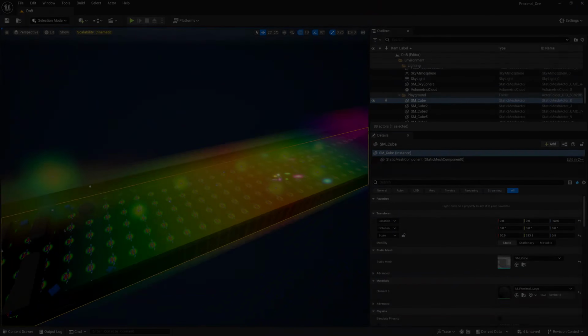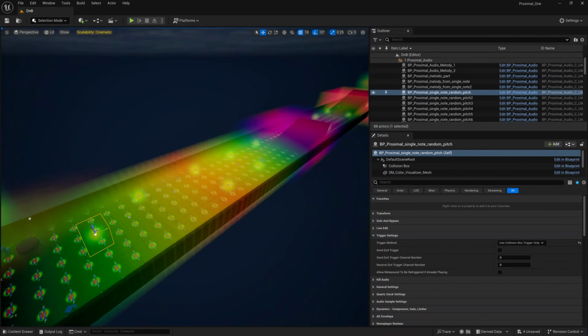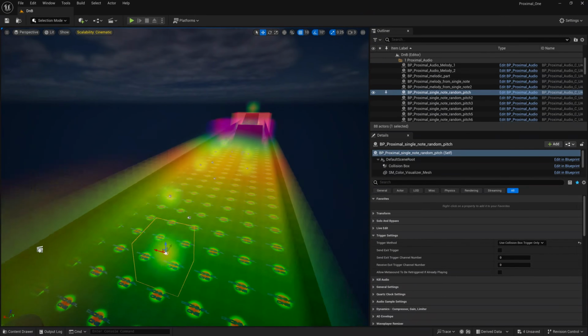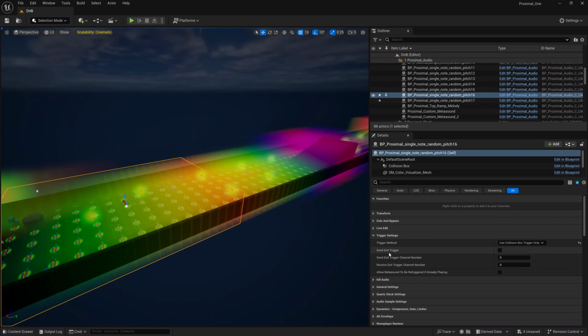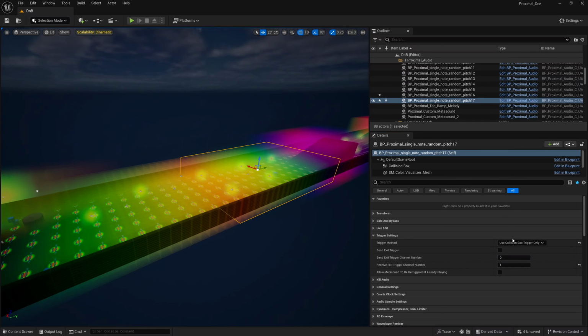Creating interactive audio in Unreal Engine just got a whole lot easier. Proximal One is a modular proximity and trigger-based audio framework built with Blueprints and MetaSounds. It takes Unreal's powerful audio features and wraps them into one easy-to-apply flexible system, purpose-built for responsive music, spatial sound and dynamic in-game playback. Stick around to the end of the video for a screen recording of one of the